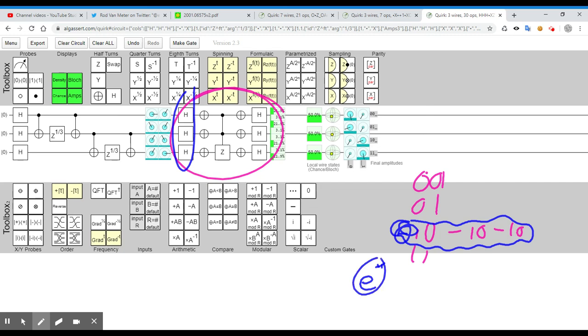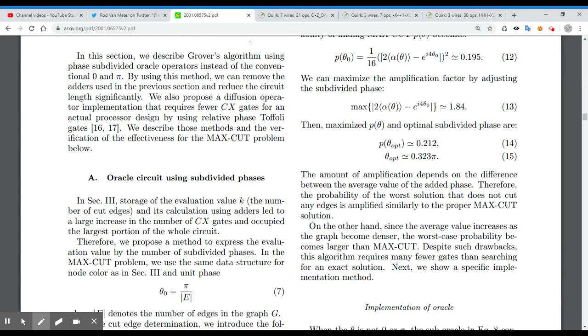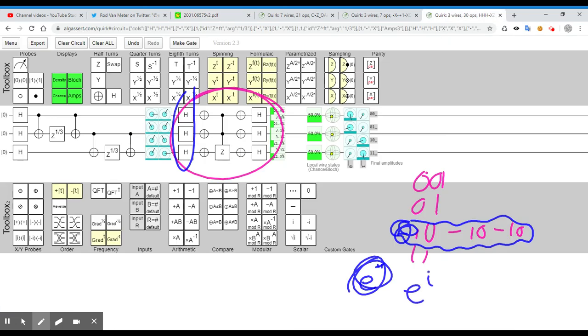But if you don't have that, if instead you've got this thing here, e to the power of i times pi times the angle, something like that, you could think of designing an amplitude amplification that taps into that and basically creates the same type of